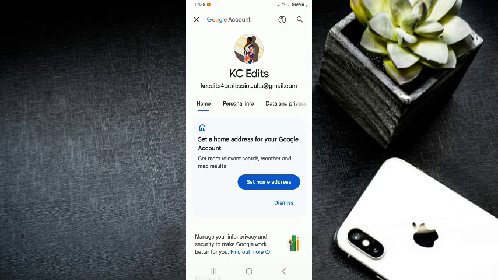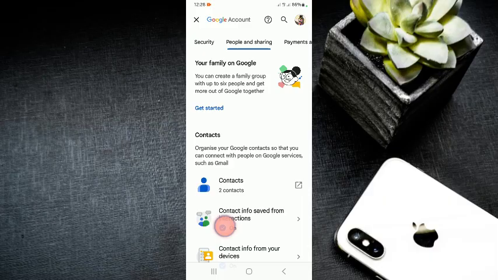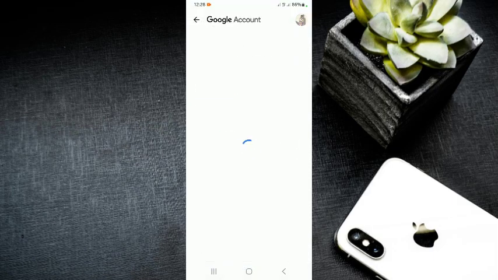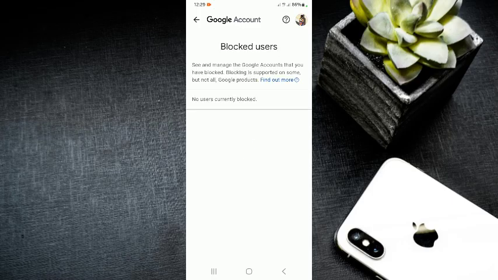Next, scroll up a little until you see people and sharing. Tap on it, and then scroll down until you see blocked. Tap on blocked. Now if you look at this, you will see that I have no blocked users, no user